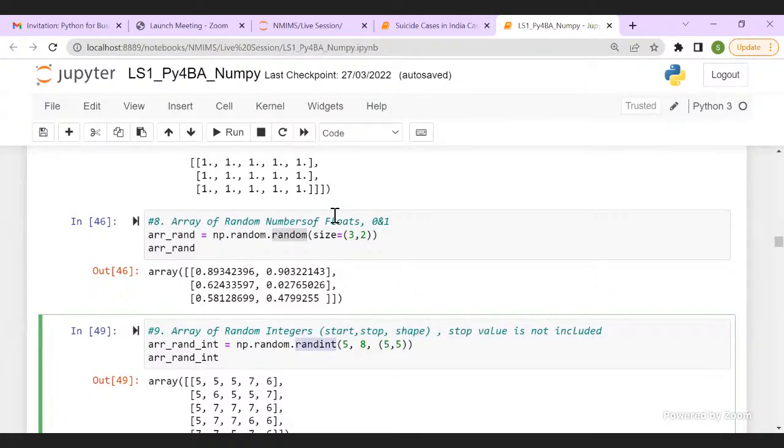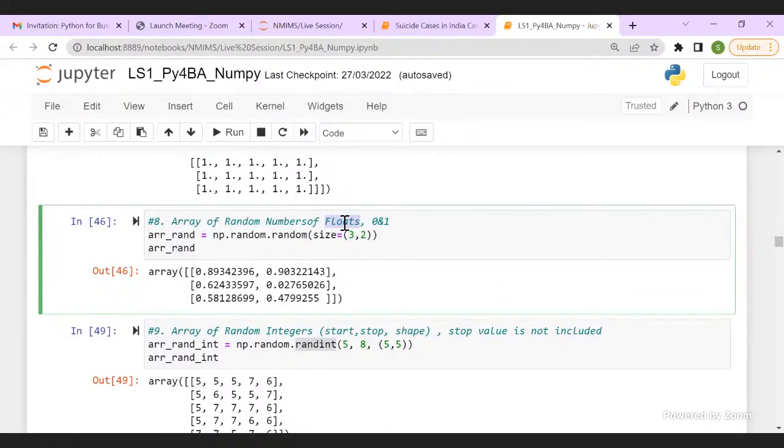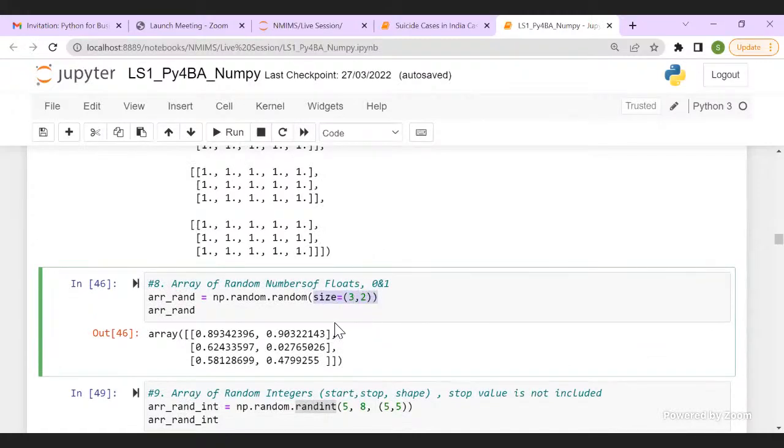When I generate floats, they will always be between 0 and 1. Both 0 and 1 are not included. I just have to give the size of my array. It could be 1-dimensional, 2-dimensional, or 3-dimensional. My array could be anything. So here I have given the size as 3,2.